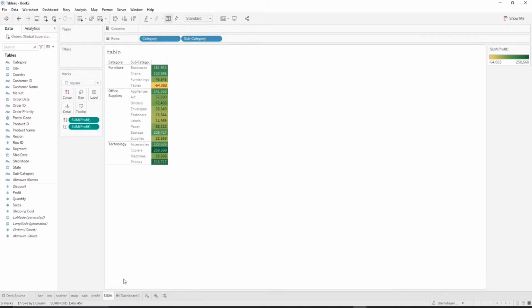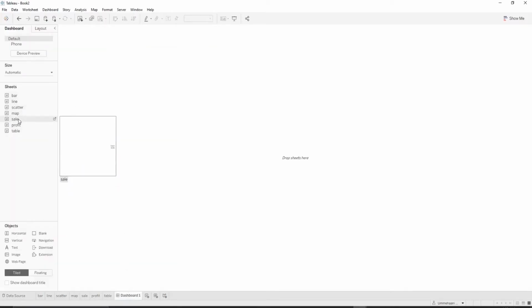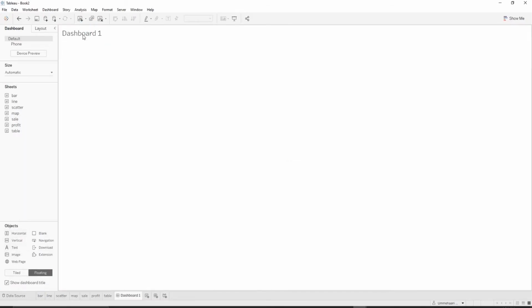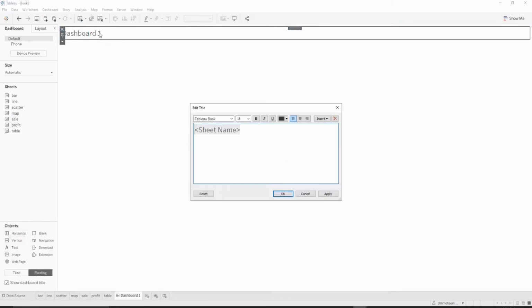Now we will start bringing them one by one into the dashboard. The first one is the sales KPI. You have to remember that you change your tiles to floating when you're starting out on Tableau, because that is easy. And then we will click on show title and double click on the title so that we can change it and rename it to sales dashboard. Then we will select the entire text and change the size, make it bold, change the color to black, align it in the center and press OK.